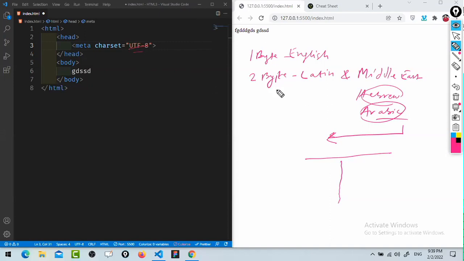Okay, and as I said, the second byte, 2 bytes, is used for Latin and Middle East languages. The third byte, 3 bytes, I will tell you what exactly it will do. It is going to be used for the Asian languages like Chinese, Japanese, Korean. And the fourth one covers special characters or symbols. If you are using any symbol like sigma or pi, these special mathematical notations, that will also be supported, even if you are using some emoji in your